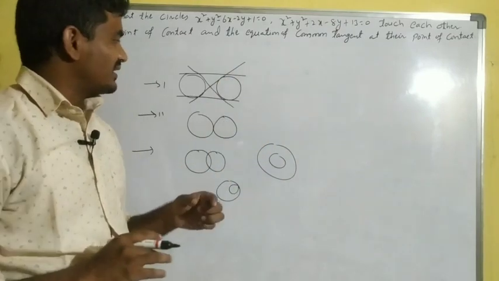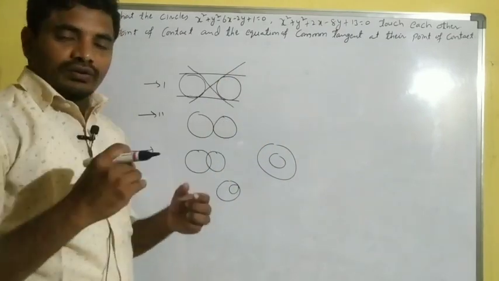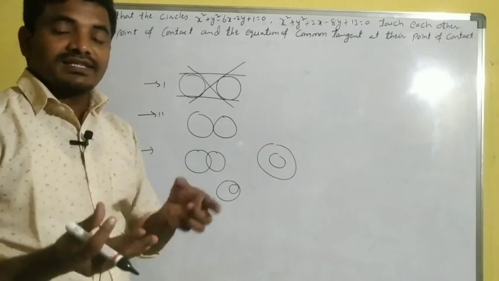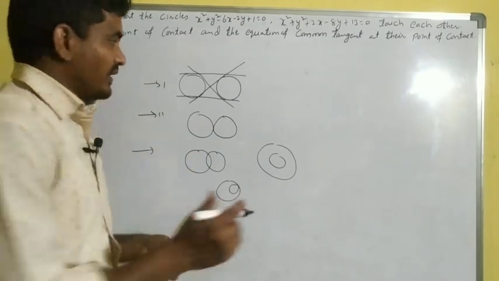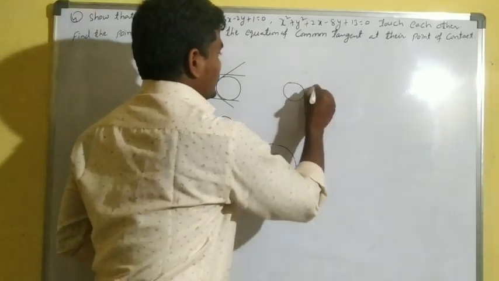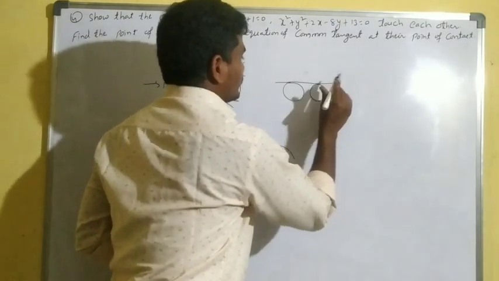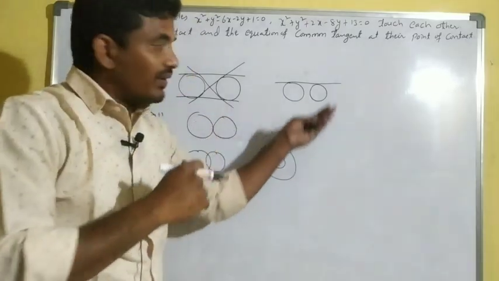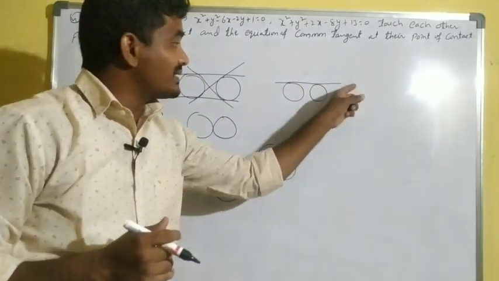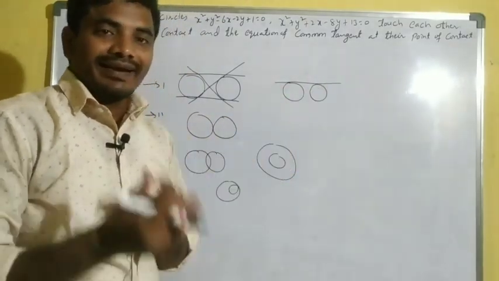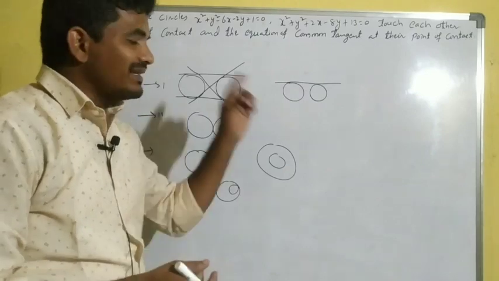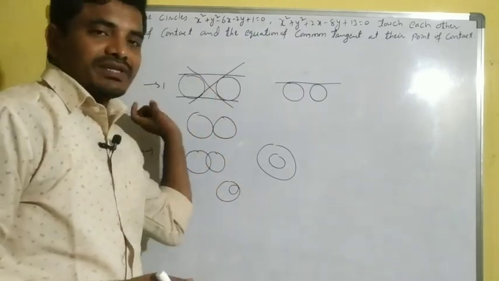Common tangents are those where the two circles lie on the same side of the line. For example, if you take one circle and a second circle and draw one line, these two circles are on one side of this line, so we call this a common tangent. And a transitive tangent is one where the circles are on either side, so one is on the left side and one is on the right side.